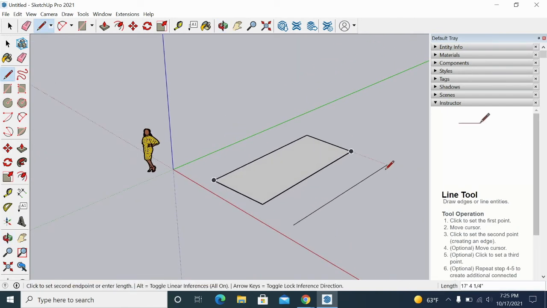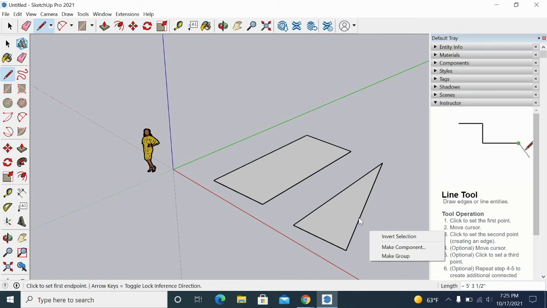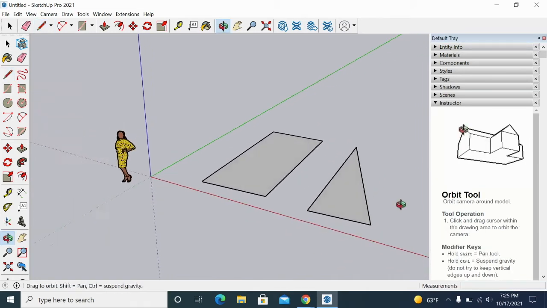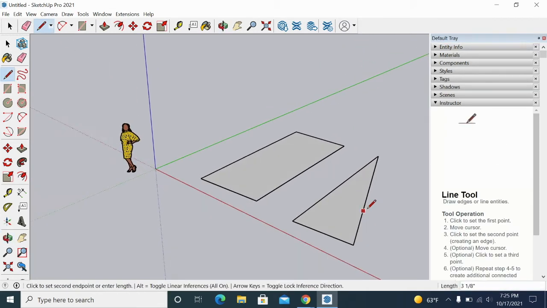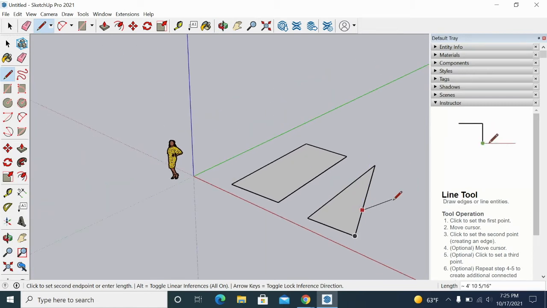So when you draw one line, that is called an edge. So once you have at least 3 edges connecting that are on the same plane, then it closes off and makes a face, and it fills it in. So if they weren't on the same plane,